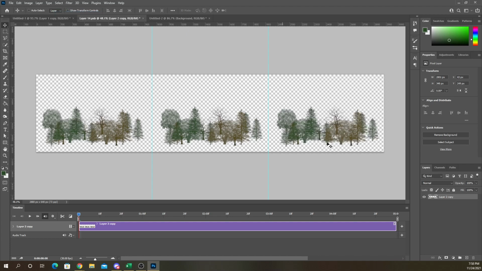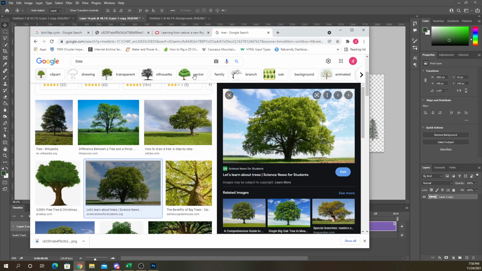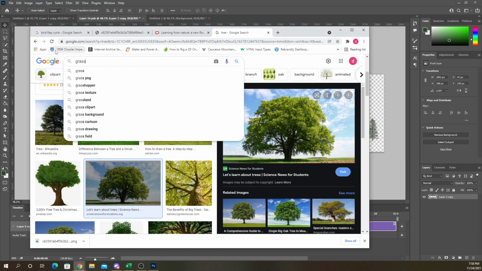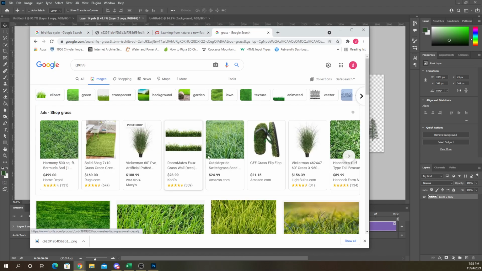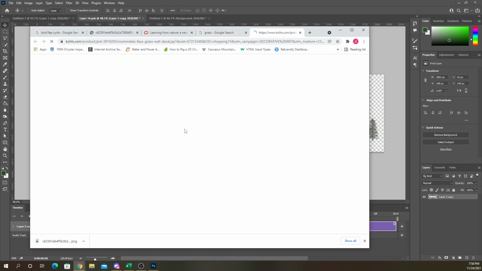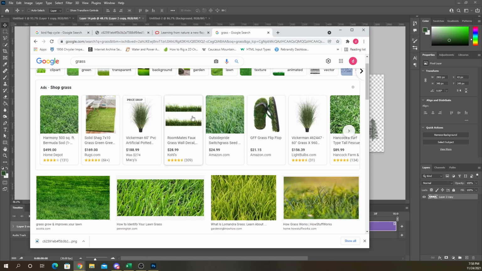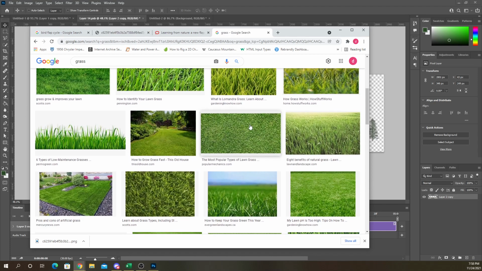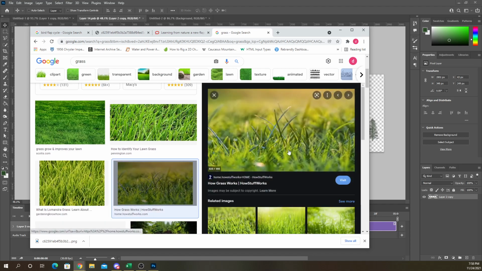Anyways, before I did that, I was gonna put some grass here. So the same method that I used for creating the tree, you could do the same to grab some grass. A good picture of grass might be something like this. Well, no, that one's hard to grab. You might have to use the selection tool and just grab like the foreground grass, like the blurry ones in